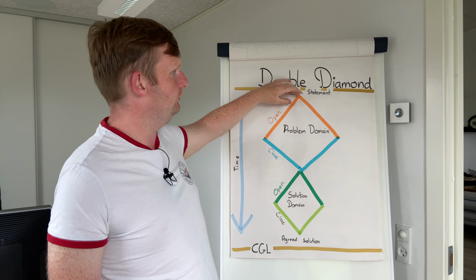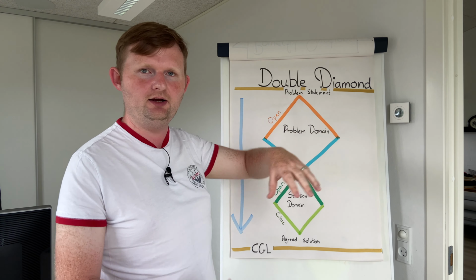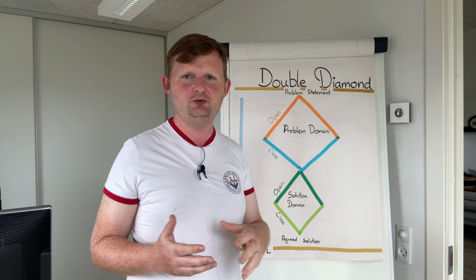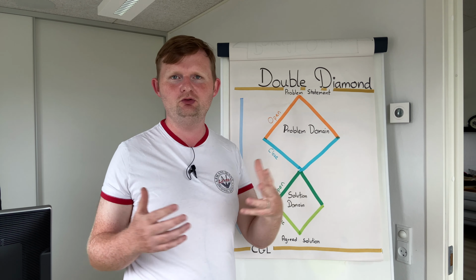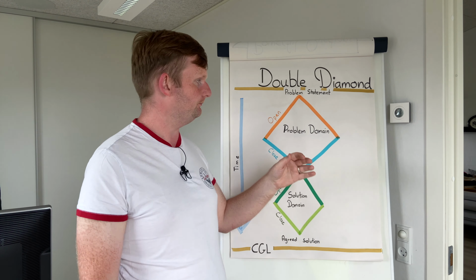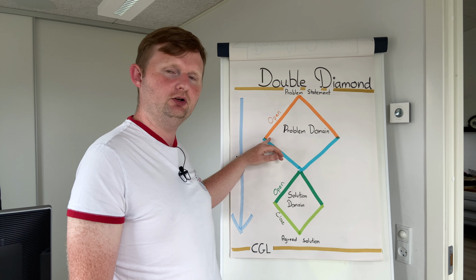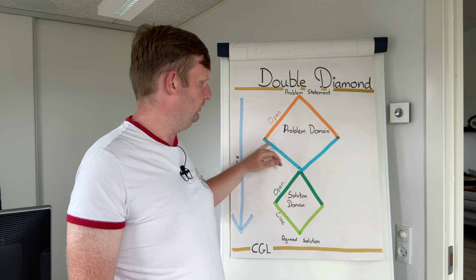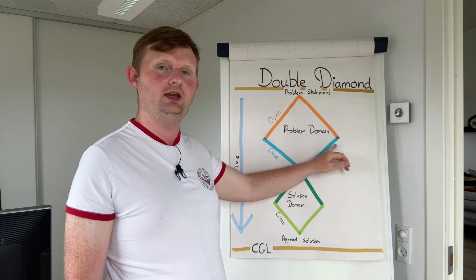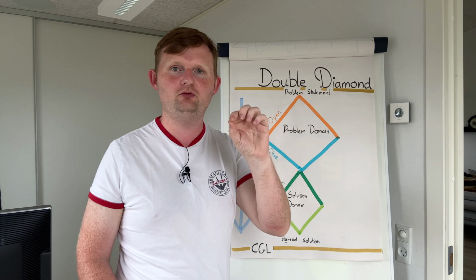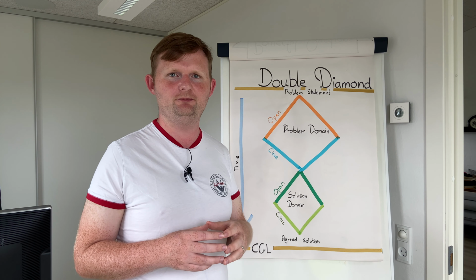Then we start to expand our problem domain to figure out how widespread is this problem, or how big is it, what are the different views on this situation or this problem. When we are then getting to this point, then we start to contract the problem domain again to figure out, okay, so we should probably not try to fix everything at once. We should probably try to fix a fraction of it or a part of this problem domain.